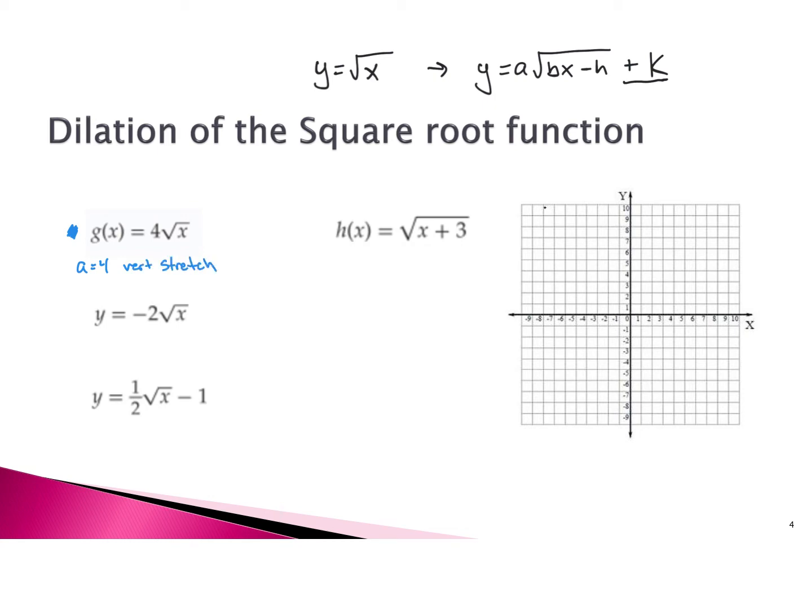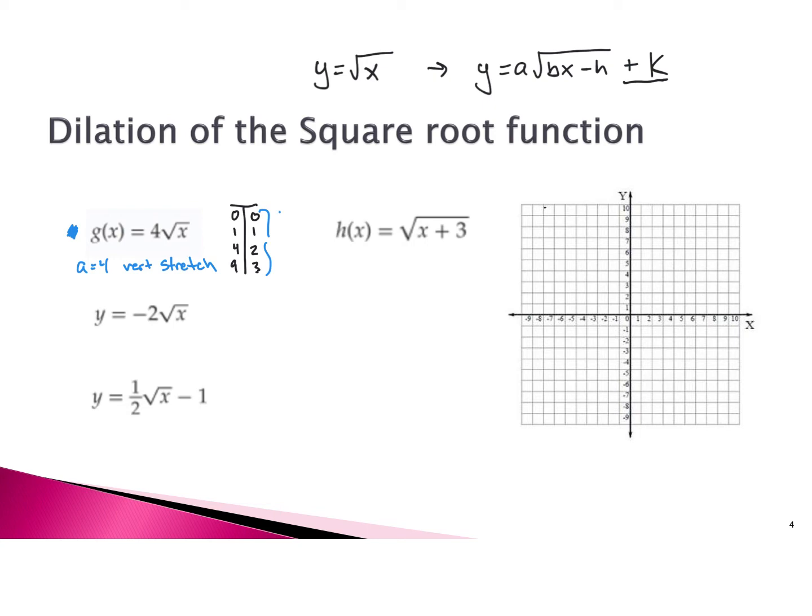Notice my vocab words stay the same, which means when I have my parent function, I'm going to apply a vertical stretch of 4 to my range, or to my y values. I missed a point. Okay, so 1, 4, 9, 0, 1, 2, and 3. So I would multiply all of these values by 4,